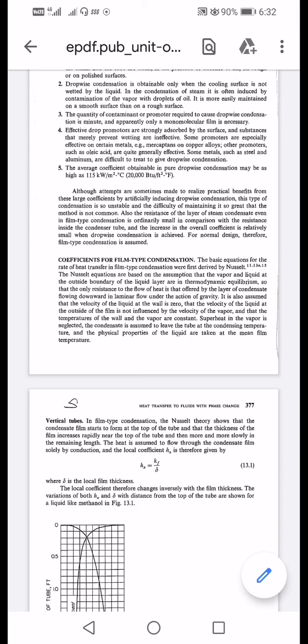In the last lecture, we saw what dropwise condensation and filmwise condensation are. Now, moving towards the coefficient for film type condensation, I told you, if you do remember,